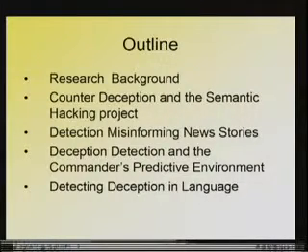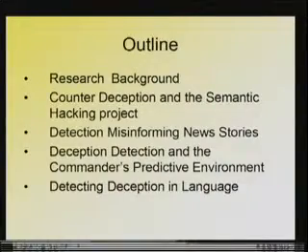Then just last summer, I took part in a National Science Foundation workshop focused on detecting deception in language. This also turned out to be part of a broader series of workshops looking at overall security evaluations, where they're concerned with background investigations, interviews, and interrogations. It was anticipated there will be more funding in this area as well.